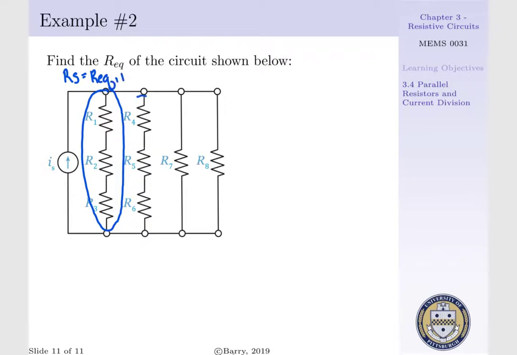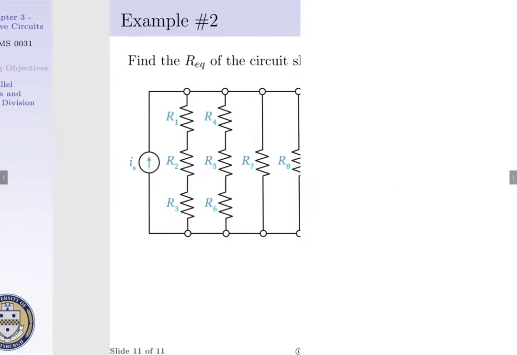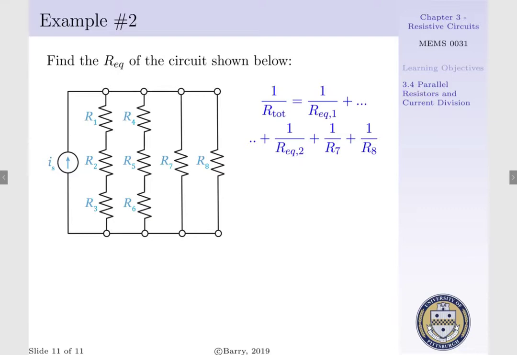We also see that R4, R5, and R6 exist in a series configuration, and we can call this REQ2, where the equivalent resistance is the sum of the resistances of R4, R5, and R6. In doing such, we would have 4 resistors existing in a parallel configuration. That is, we can say 1 per R total would be 1 per REQ1, which was the sum of R1, R2, and R3, plus 1 over REQ2, which was the sum of R4, R5, and R6, plus 1 over R7